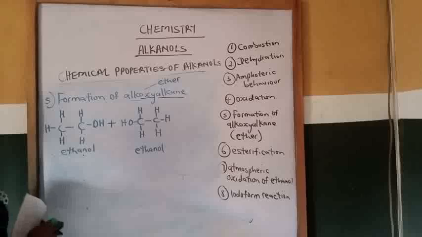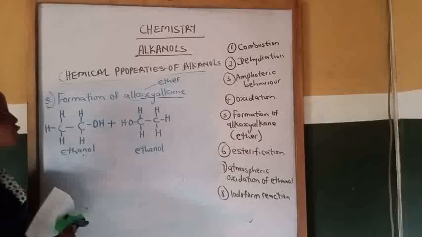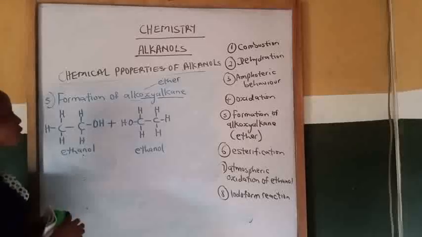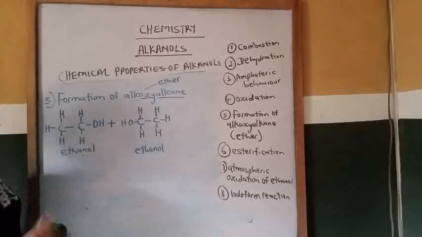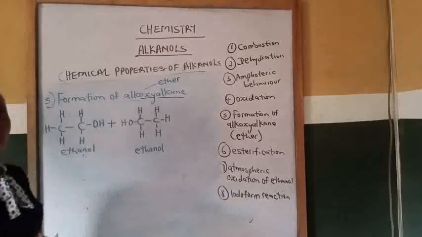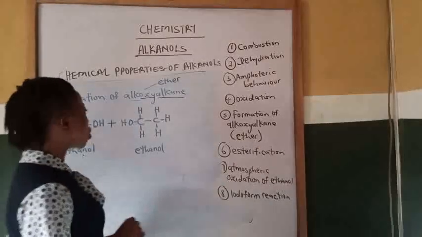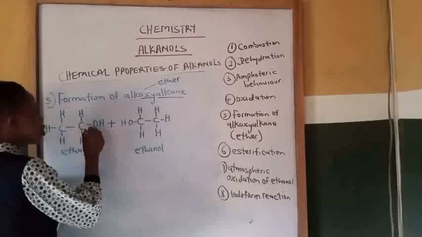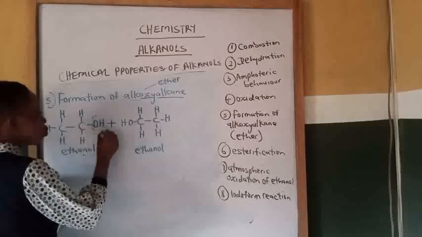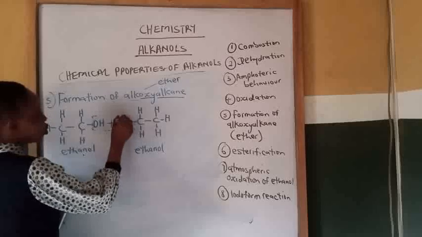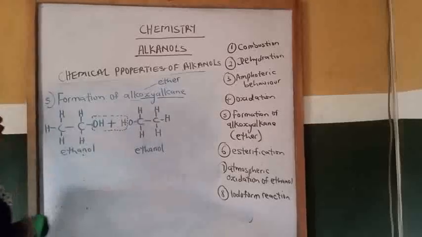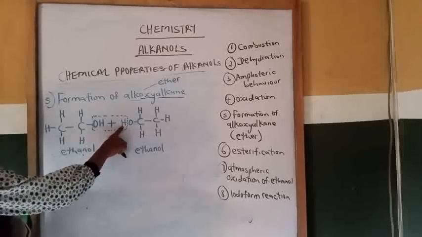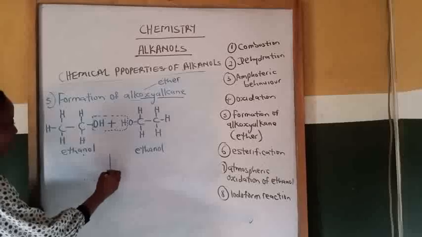So, formation of alkoxy-alkane. To form an alkoxy-alkane, you remove a water molecule from the two molecules of alkanol. At this side, you displace the hydroxy group, then you displace hydrogen from this side. Then our product will be